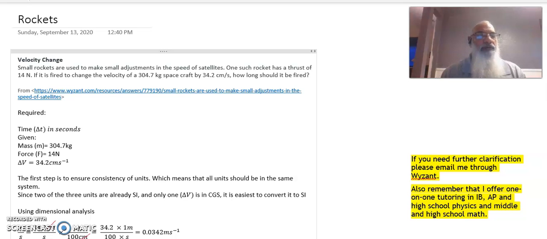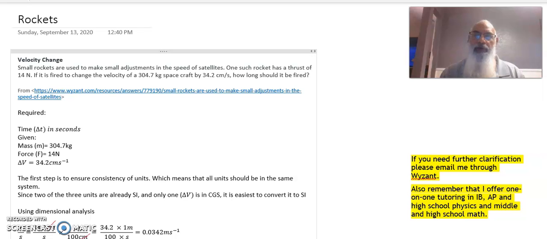This question is about rocket motion and how rockets change the velocity of spacecraft. So let me go ahead and read the question to you. Small rockets are used to make small adjustments in the speed of satellites. One such rocket has a thrust of 14 newtons. If it is fired to change the velocity of a 304.7 kilogram spacecraft by 34.2 centimeters per second, how long